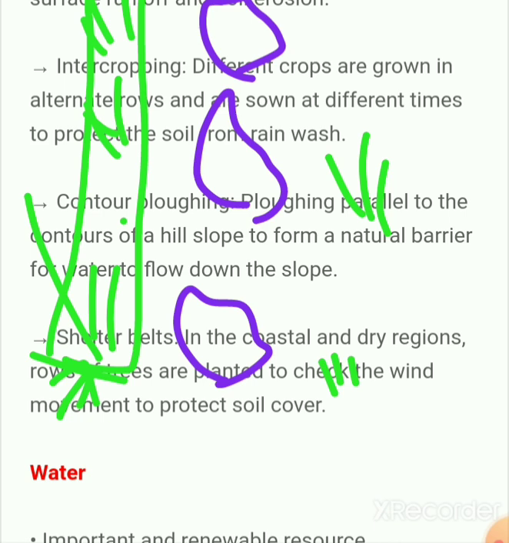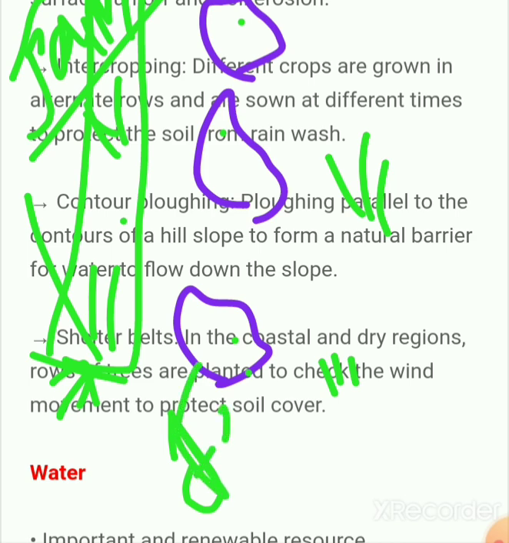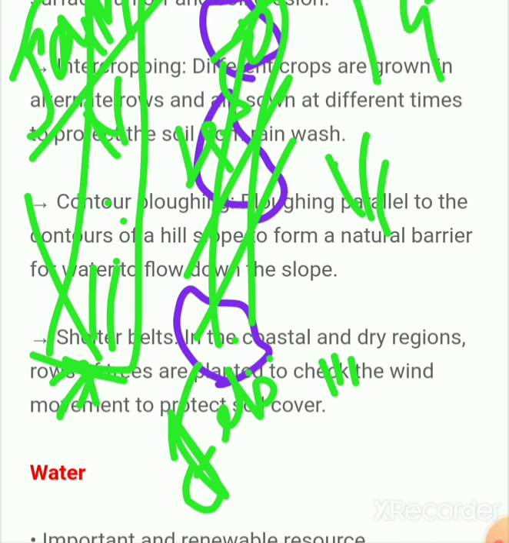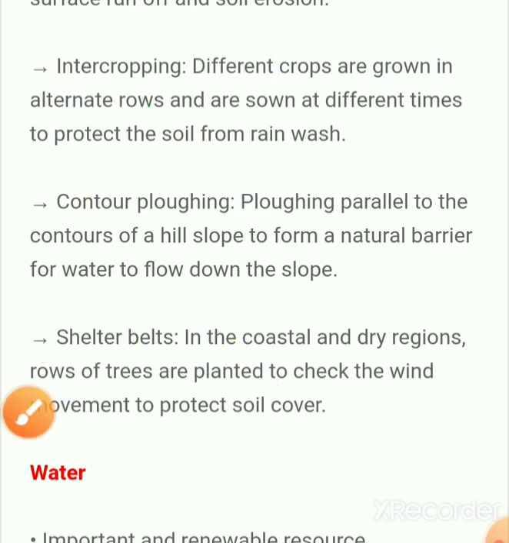Suppose the sugar cane is planted in January, a new plant in January. Then in the winter season itself we can plant this cabbage and cauliflower also. They will plant it at the end of January or February. So under the shade of this sugar cane it will grow, and it will be harvested in 30, 35 or 45 days. The sugar cane takes about 1 year to grow and give the crop. So like that we are making intercropping, 2 or 3 crops in alternate rows.